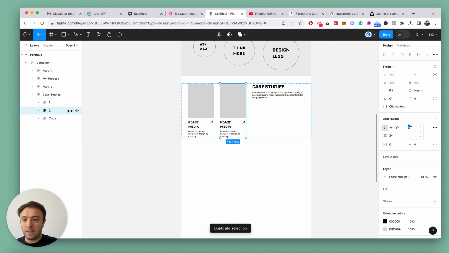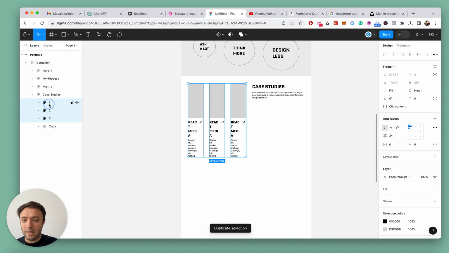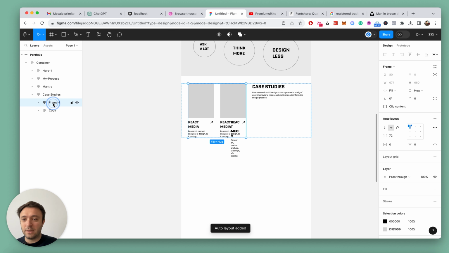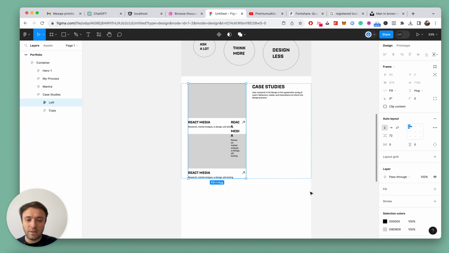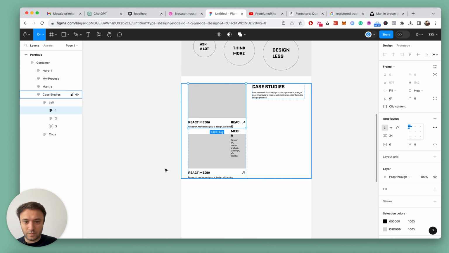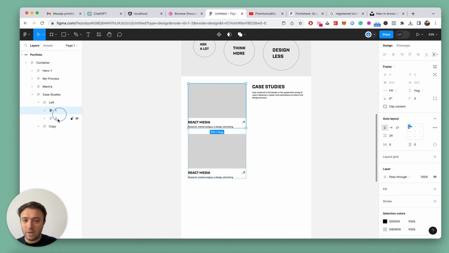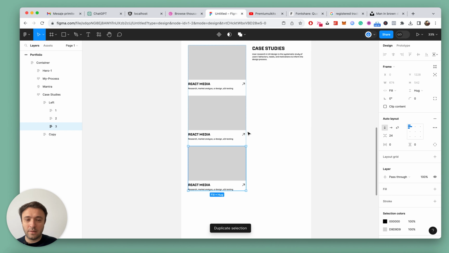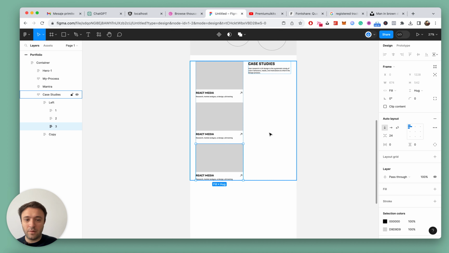Let's duplicate, let's click on these ones, and let's call it left, and let's change the direction. Let's delete this one, duplicate, something like 3 will work well,